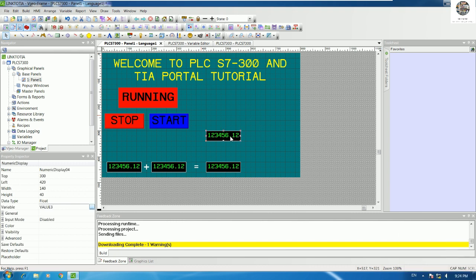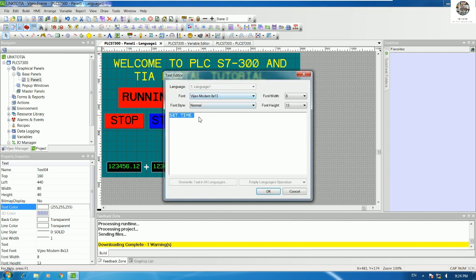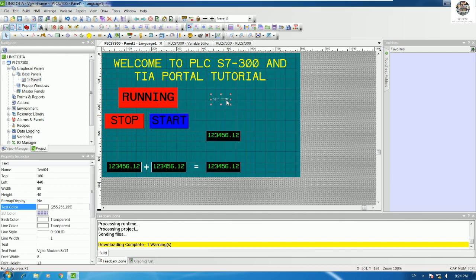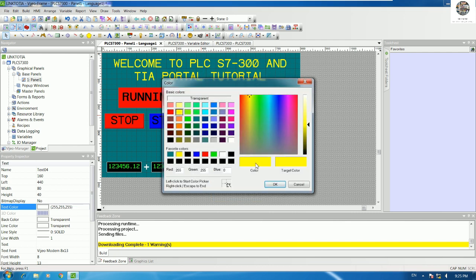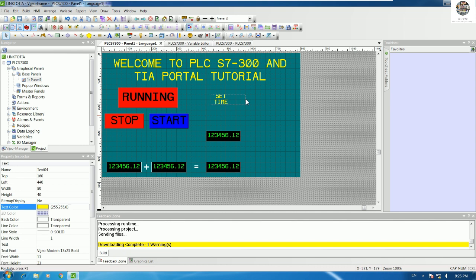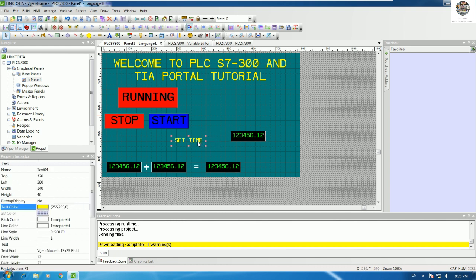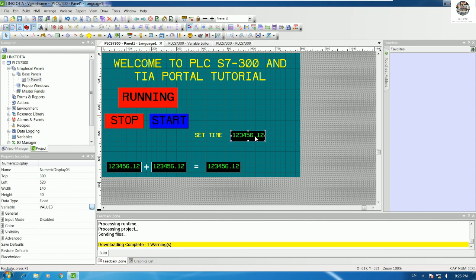So this one should be set the timer, right? So I will create the text. Set time. We can use bold, and for the text we can use another color. Example, I will use yellow color, and for font size we can use this size. So we have set timer,